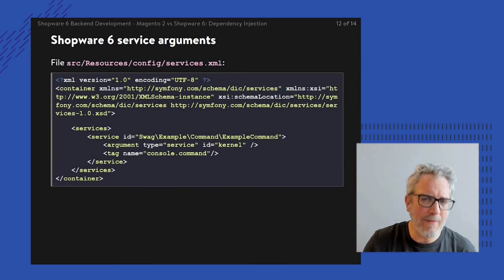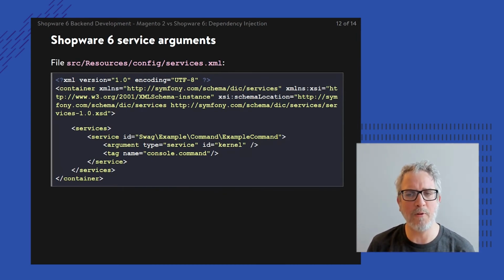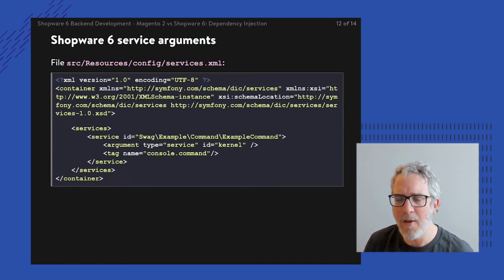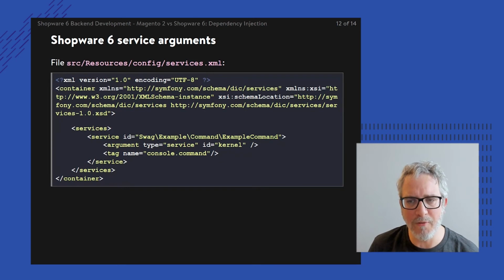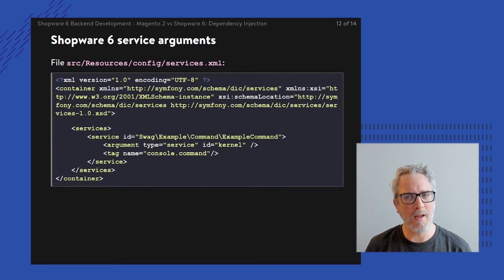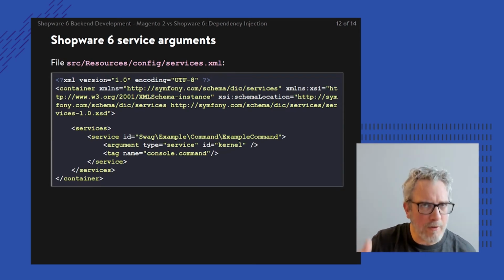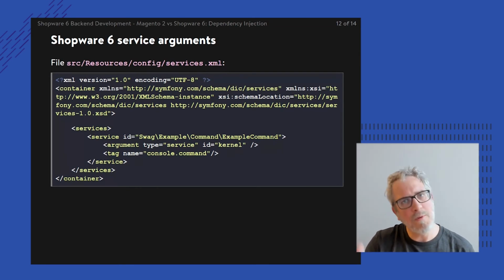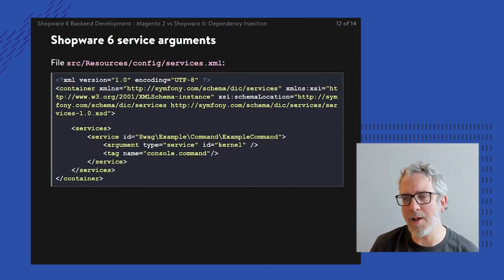Because within that service definition that we talked about earlier, for instance, in this case a little command, I can inject an argument of type is service, referring to a real live object. In this case with ID is kernel. And then under the hood, the kernel ID is a string referring to a class name, and that class name is then instantiated and injected into this other class called example command.